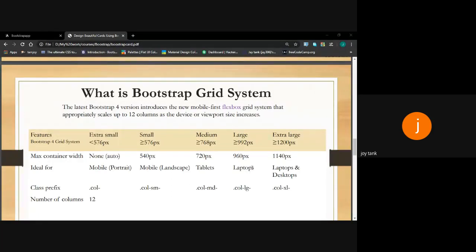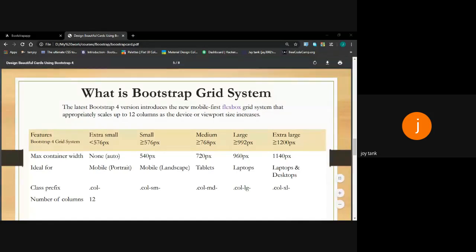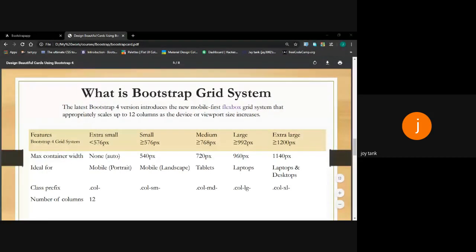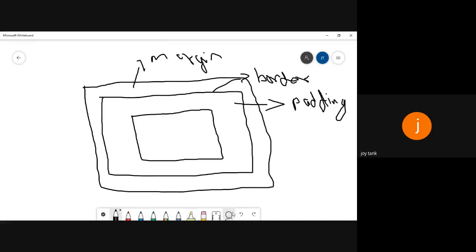So Bootstrap has designed this grid system and divided it into different parts. They have divided this system into different columns. Let me explain those columns.